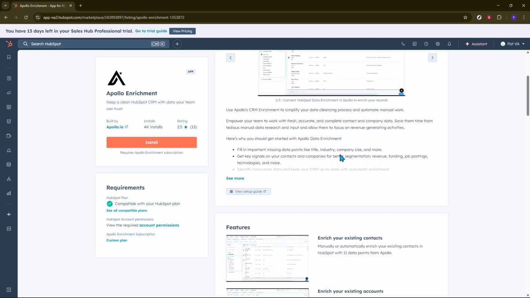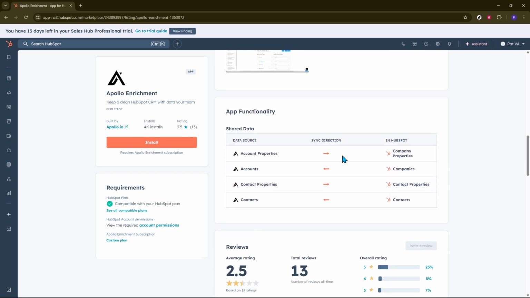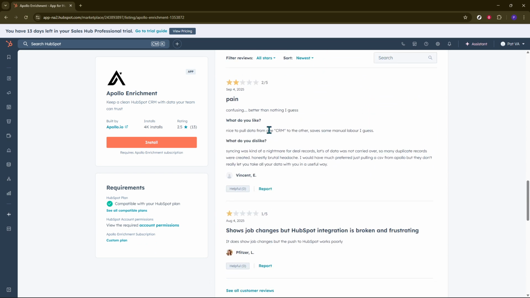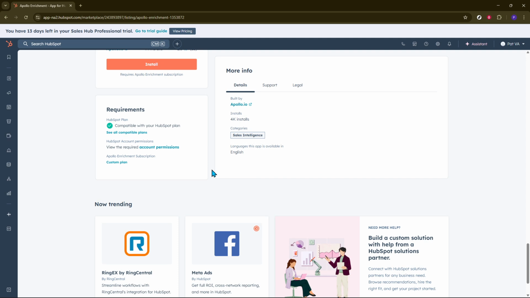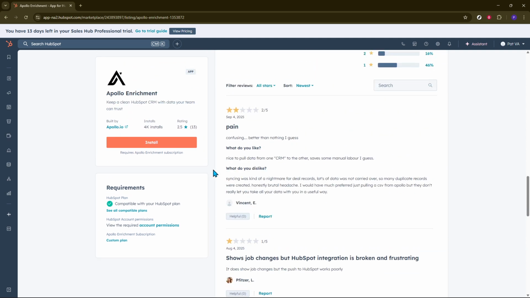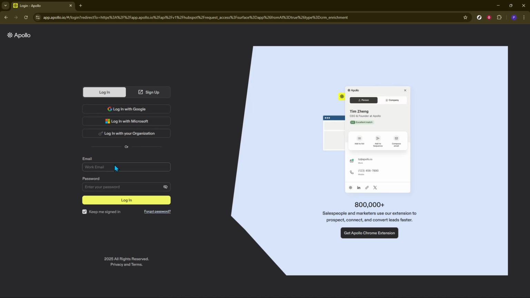Here, you need to either sign up for a new Apollo.io account or log into your existing one. Just follow the on-screen prompts to access your Apollo.io account. This step is crucial as it establishes a communication channel between the two platforms. Finally, you will be prompted to authorize Apollo.io to access your HubSpot account. This authorization step is vital as it allows Apollo.io to fetch and update necessary data within your HubSpot CRM for